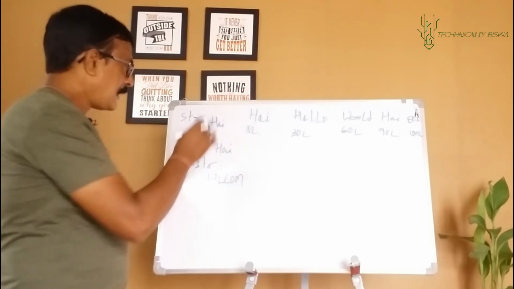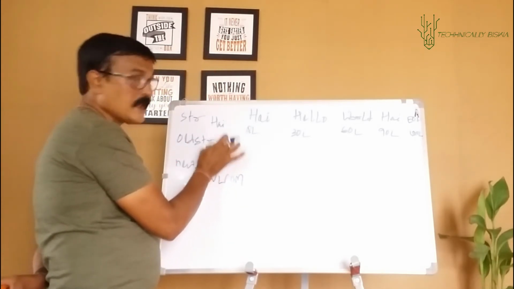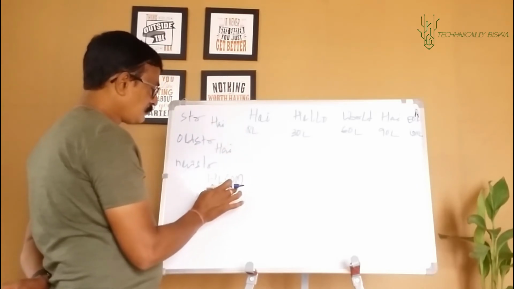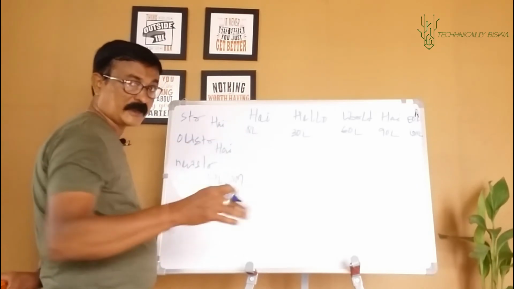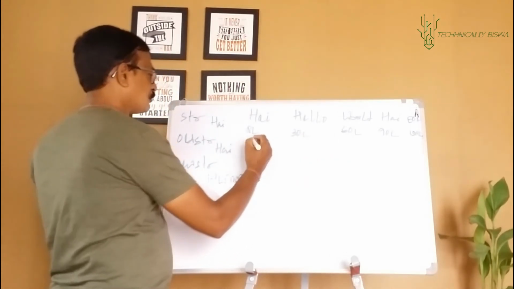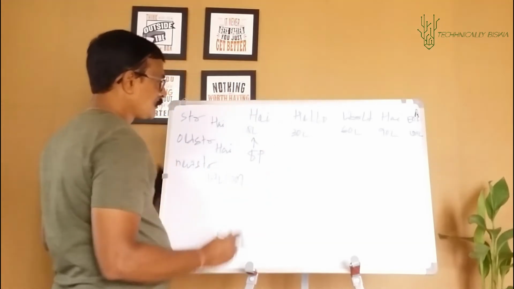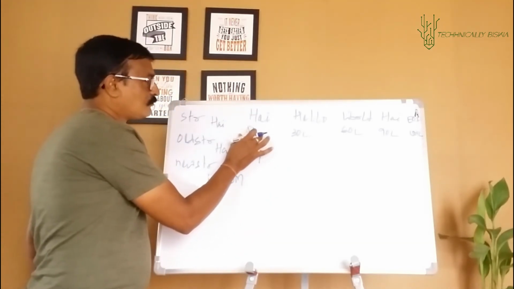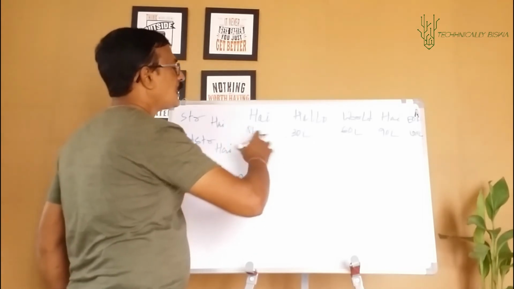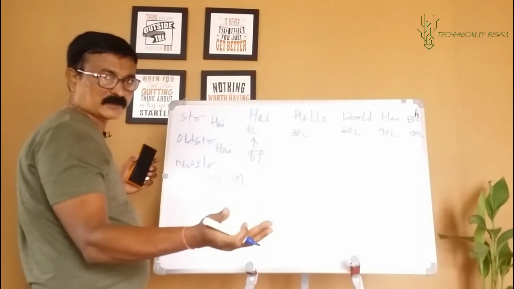Got it? I need to see whether it matches with the old string. If it matches, I need to replace it with a new string. For that, in the program, when I am reading the file, as usual, the file pointer is here since it is read mode. From here, when I read one string, I move to the end of that string, and then to the second string. As usual, this is what happens every time.